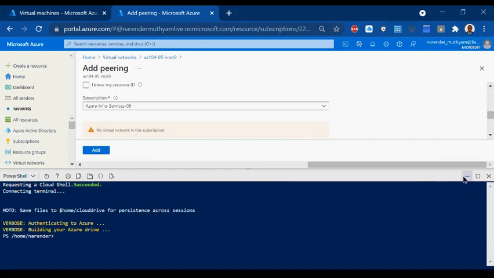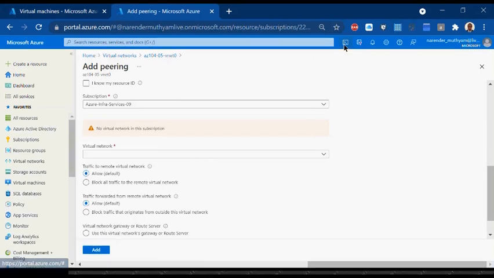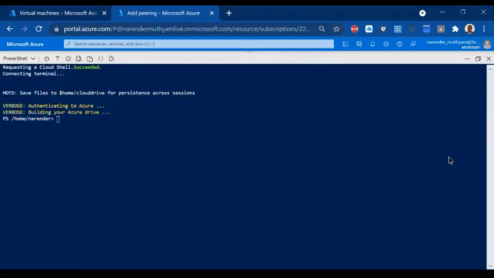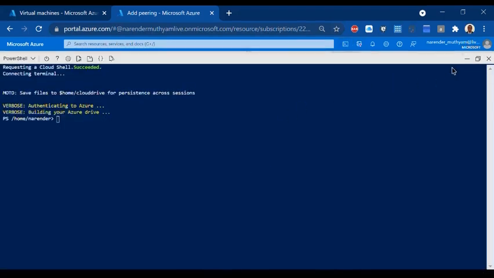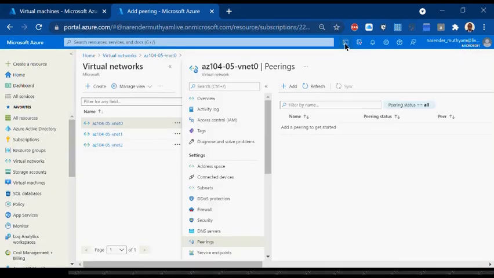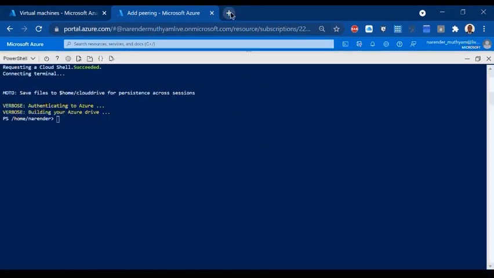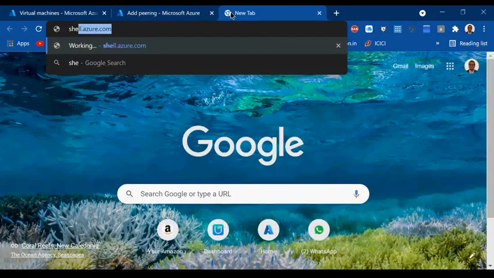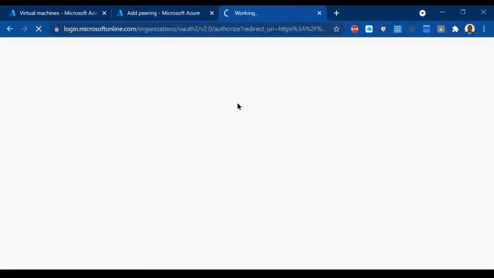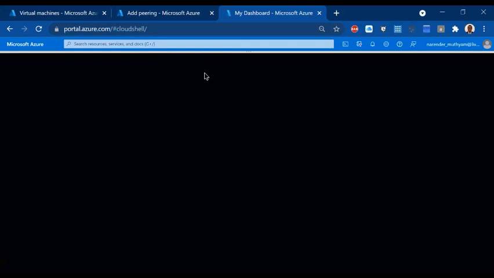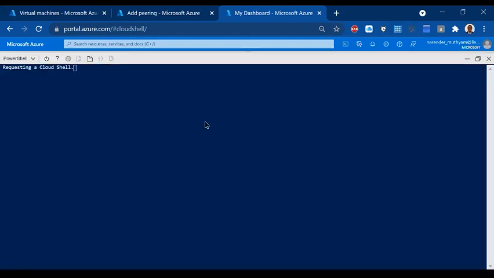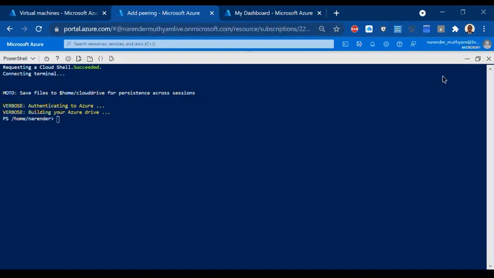Yeah, if this disappears, again, nothing much you have to worry about. Just minimize it. Once you click it here, it will come back. And if you are maximizing also, you can just minimize it like this, and again, the moment you click it, it will come back, right? Or if you want to access this shell separately, you can take a new browser and you can say shell.azure.com, and directly you will get a shell in a browser, right? Where again, if you feel like it's disturbing you, like if you want a separate shell, then this is the best option. You can switch around.